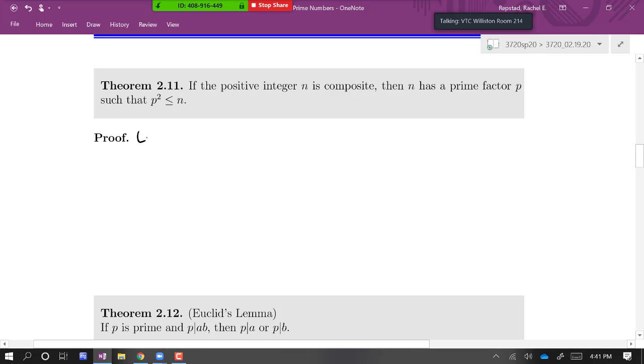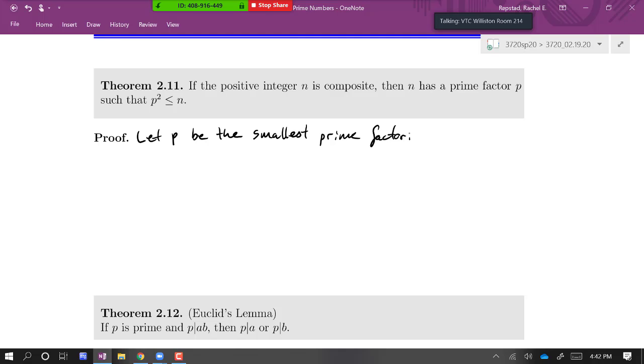So let's let p be the smallest prime factor of n. Actually, before I go any further, I want to state something. When I said you take the square root to give yourself a limit, that doesn't mean that there aren't factors of n that are bigger than the square root of n. It just means that any factors you found bigger than that number would have their partner factor on the other side of the square root of n. Does that help? Okay. Just wanted to be clear.